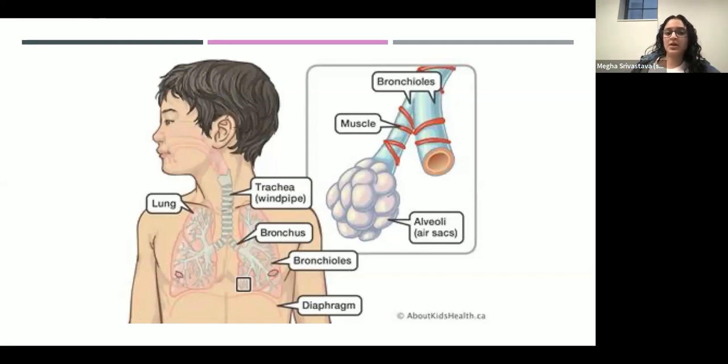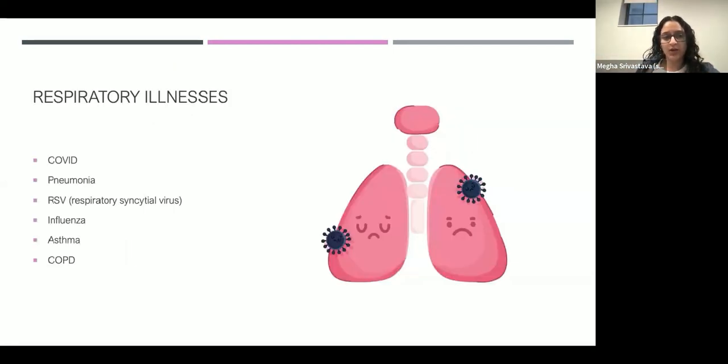So some viruses affect different parts of your lungs, which is why you see different symptoms, even though there is a lot of overlap, like having a cough or having fever. These are things that happen because those viruses, and inflammation from asthma, all affect different parts of your respiratory system. So some of the big ones: COVID, pneumonia, RSV, influenza, asthma is a big one, COPD, bronchitis is also another one.